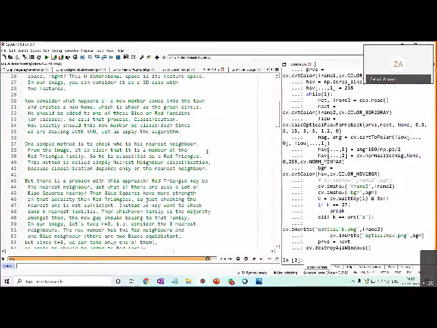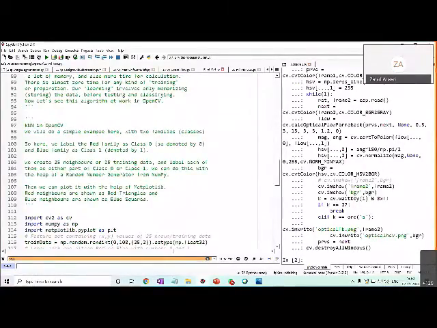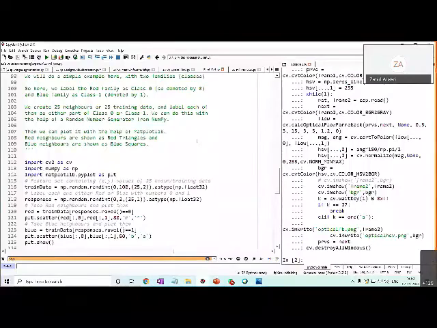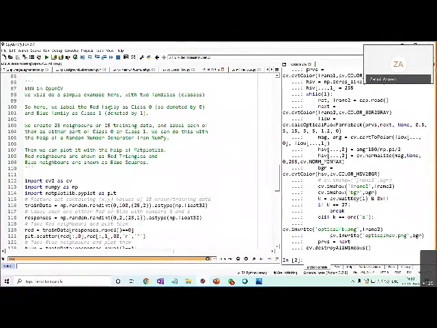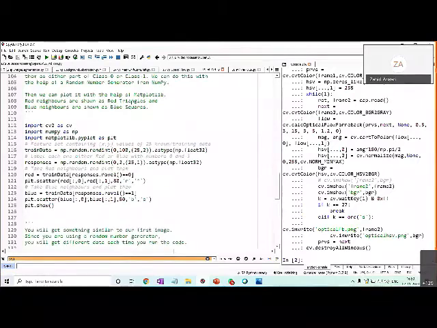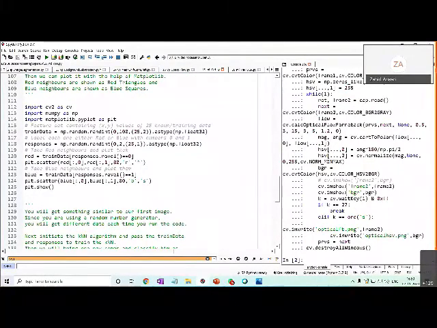Okay, we have two families of classes or points. So basically, we are randomly generating them. Here we are importing OpenCV, NumPy, Matplotlib.